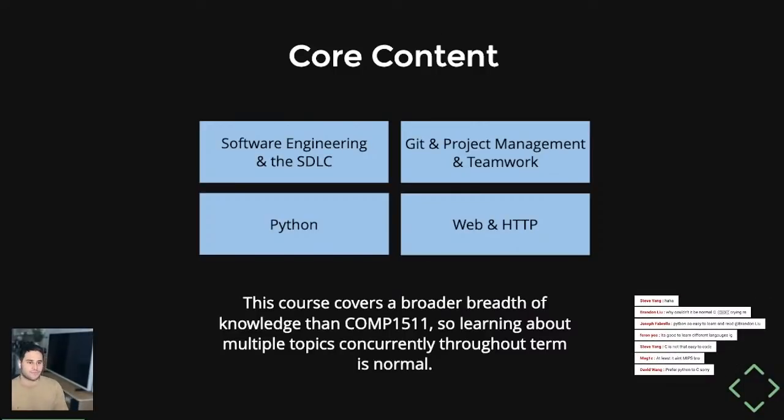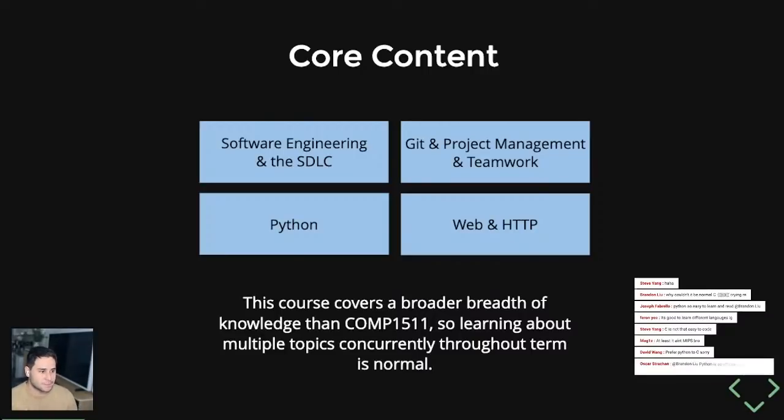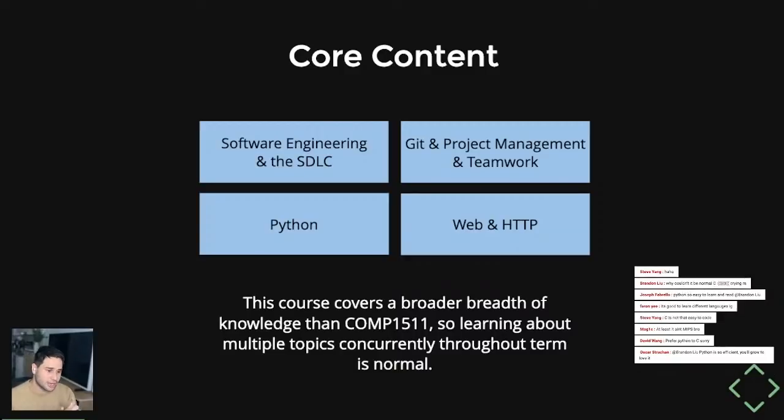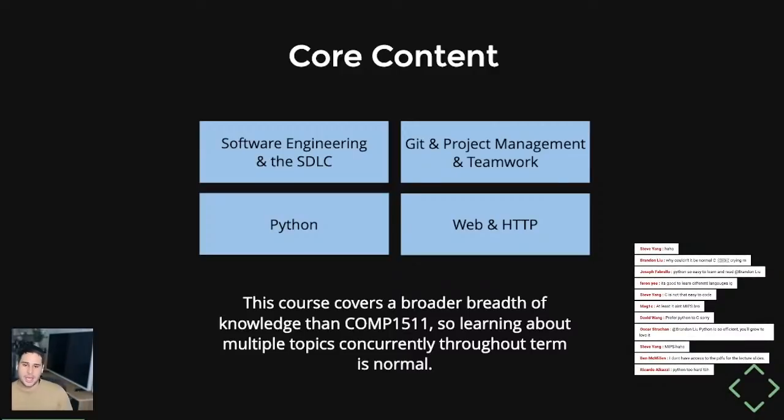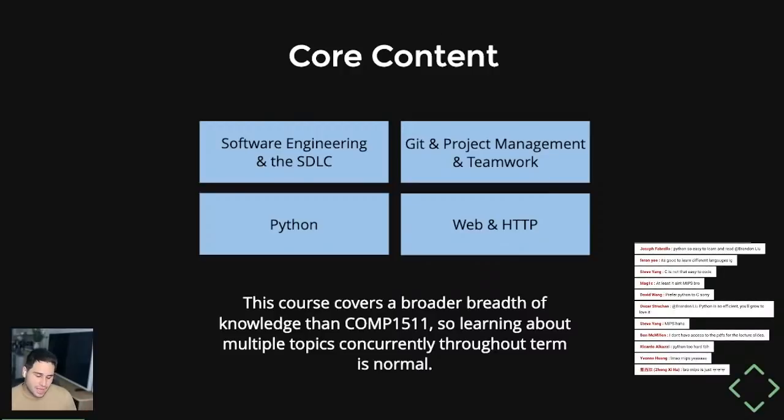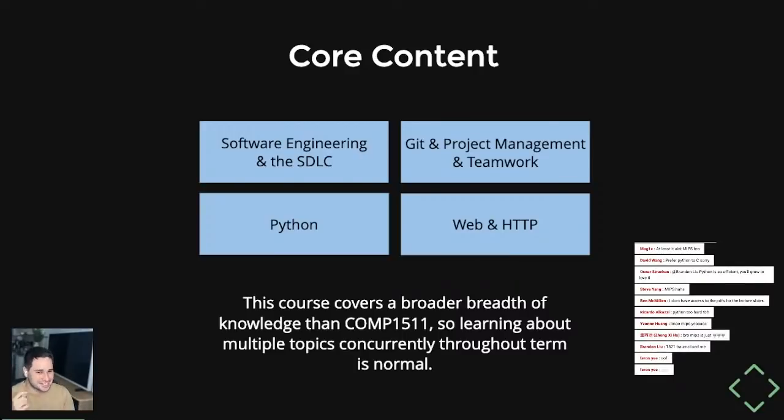One of the most interesting facts I've ever learned in my time as a software engineer is that 50% of software engineering projects fail. Doesn't matter if you're at IBM, it doesn't matter if you're at Google, it doesn't matter if you're a little software shop down the street. 50% of software projects fail. That's a huge number. Think of all the money lost. All the industries that have not made it through, all the projects that have not succeeded. And this course is hopefully to take you in, make you a graduate that makes that 50, maybe 52% pass,